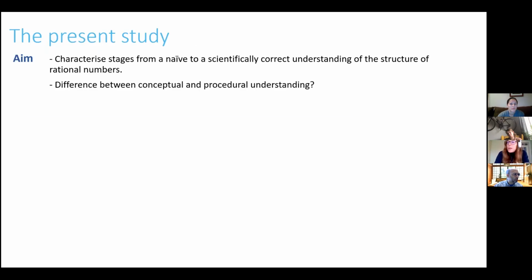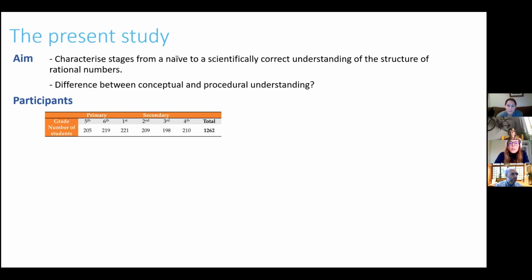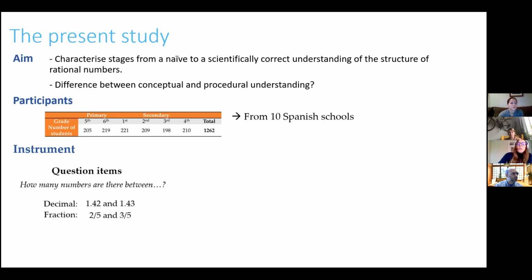So the aim of this present study was to really characterize these different stages from a naive to a correct understanding of the structure of rational numbers. And also, as a second step, we wanted to look at the difference between conceptual and procedural understanding of this density. So what were the participants? We had quite a large group from the 5th grade until the 10th grade from 10 Spanish schools. And the instrument, we used 2 types of